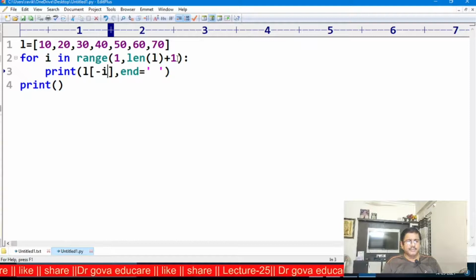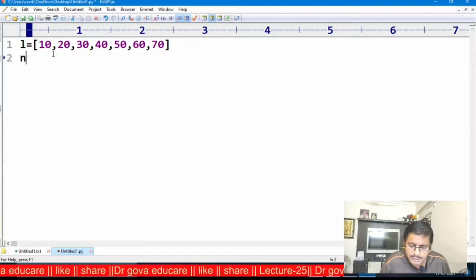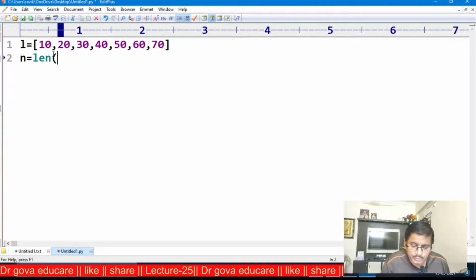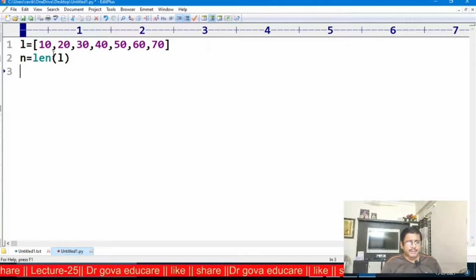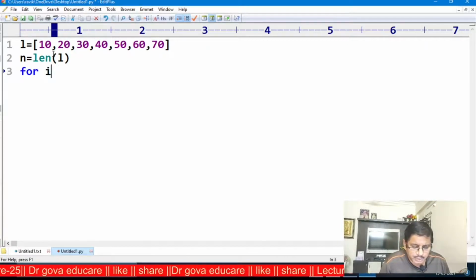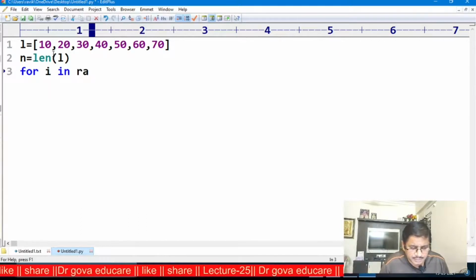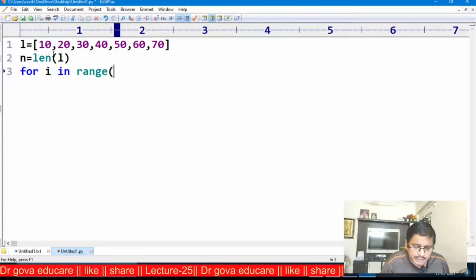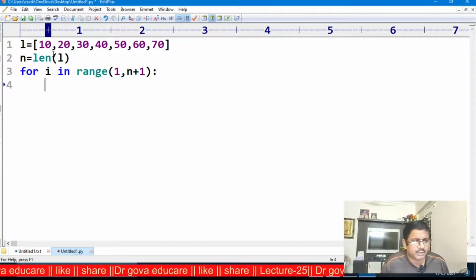Next, another method. First, I am finding the length of the list. N is equal to length of the L. I am using the for loop, for I in range, starting n comma n plus 1.